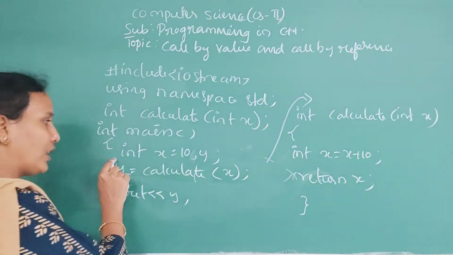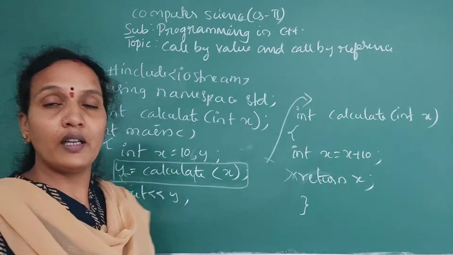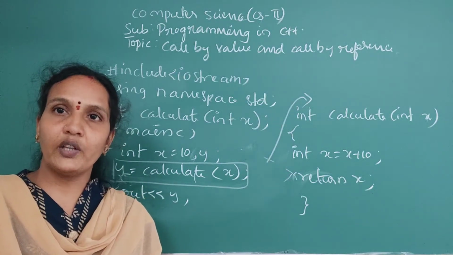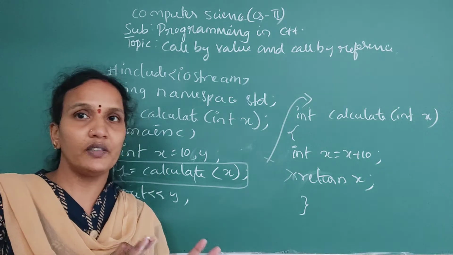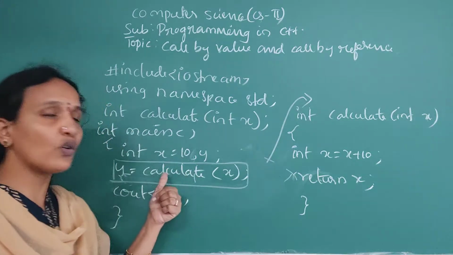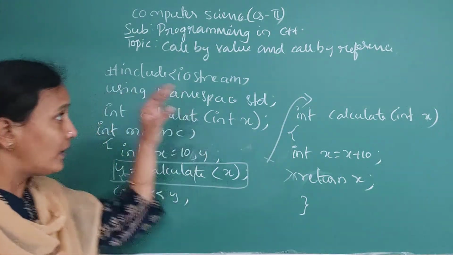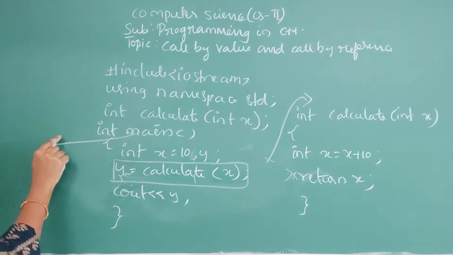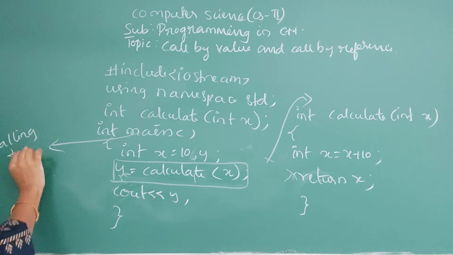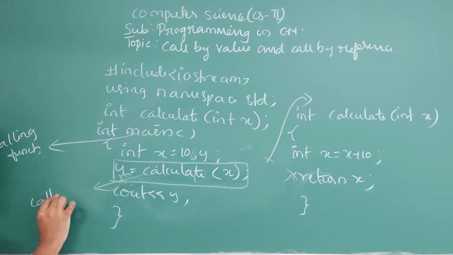Okay. Now here, when the main function is calling the user-defined function, that means when control comes to this line, this function will be executed. Till that time, the function will be in an idle state. It won't be executed. It will just be created and used later. But when you call it, at that time only the function will be executed. Right? And who is calling here? Main function. So the main function is called the calling function, and this user-defined function is called the called function.